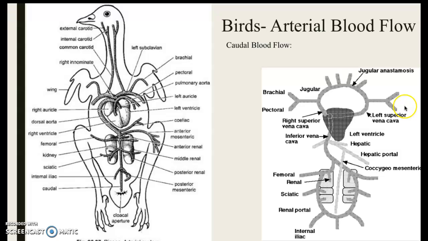The femoral arteries, which lie over top of the kidneys, similarly to the sciatic arteries, diverge from the dorsal aorta below the anterior renal arteries, supplying blood to the entire lower limb. As the dorsal aorta continues past the kidneys, it splits a final time